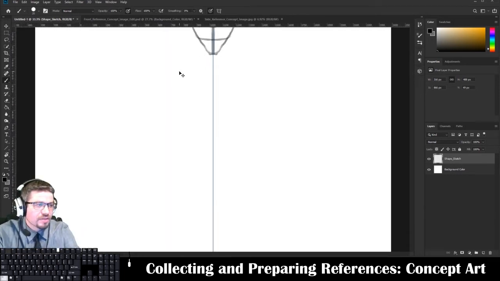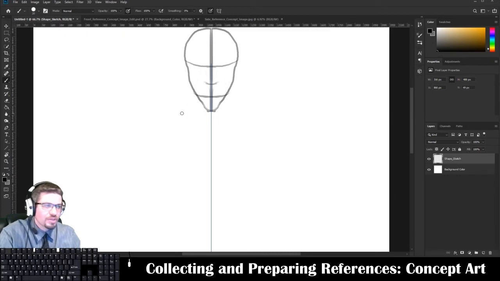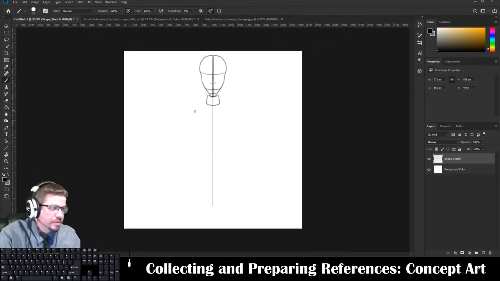After that, I start to sort of branch off. You can draw this in any way, shape, or form. I'm just showing you some of the things that I do. So let's just say you do a neck. I do a little cylinder here for the neck. For the body, I'll do like a square, right? And then for the mid-torso,